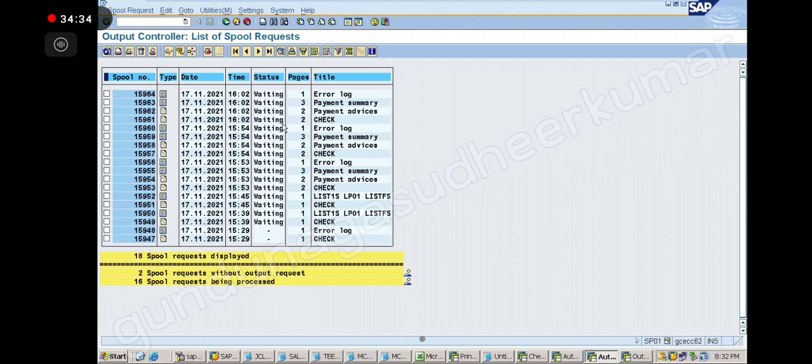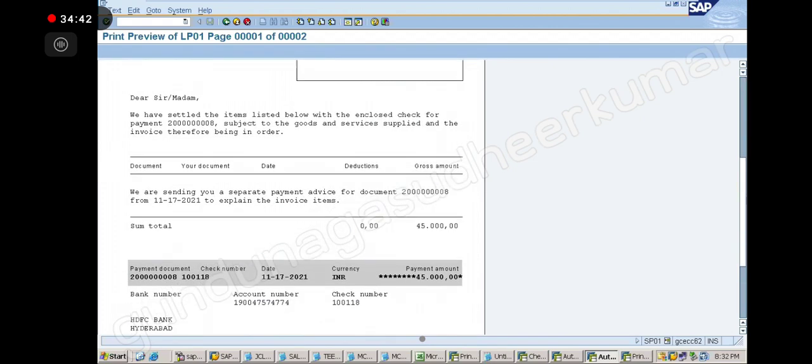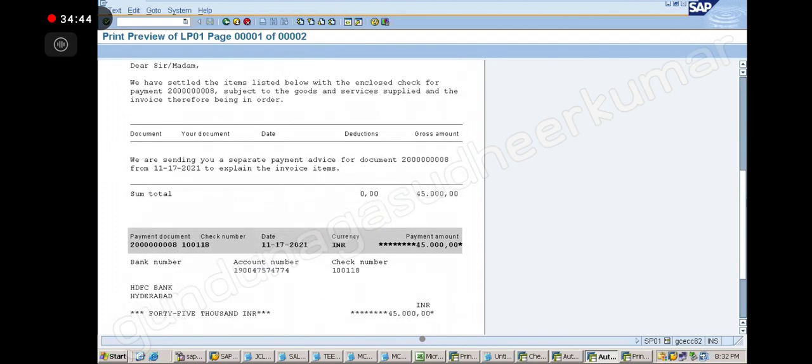So now you see again the check has been printed, right? Okay, what will be the check number now? Let's see. 117. Correct? 118. Oh yes. Why do you think I said 117 now? Void old check, right? It's a variant. Did I say or not? Yes, sir. Understood everybody? Yes, sir.